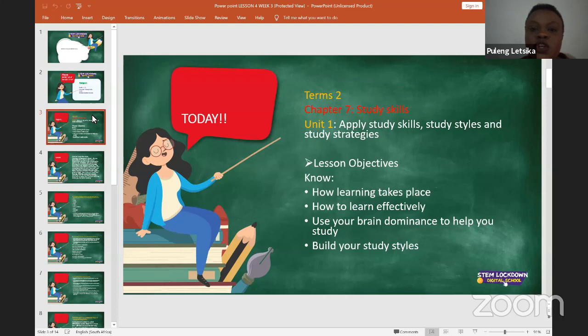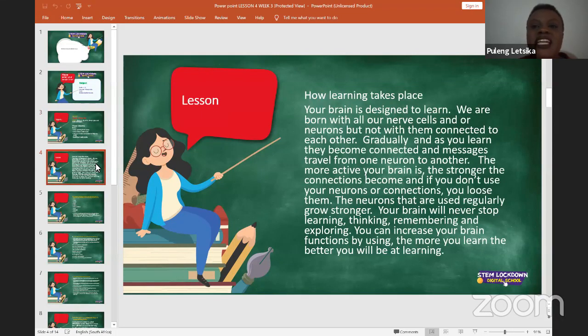You'll have to know how learning takes place. You'll have to know how to learn effectively, and then you'll know how to use your brain dominance to be able to do well. And then you have to know how to build your study styles. So that will be the lesson for today.